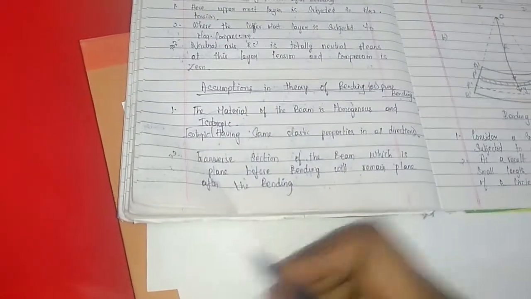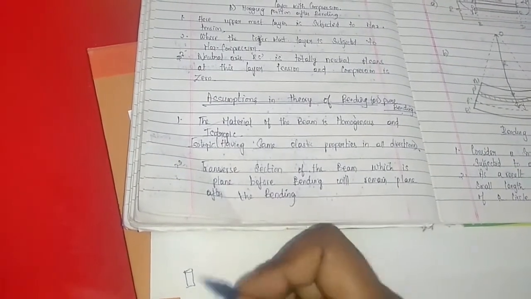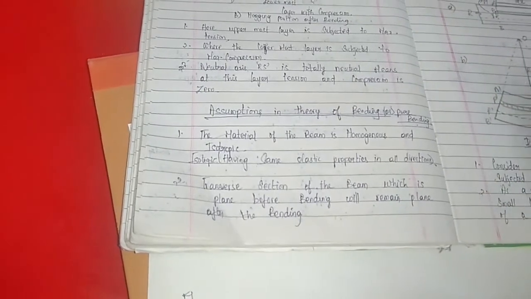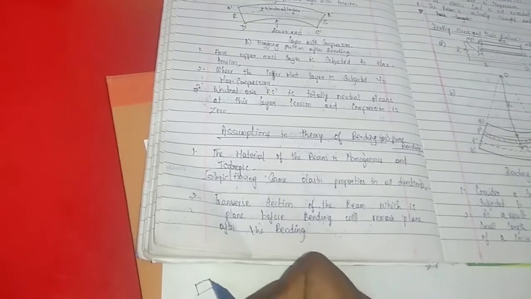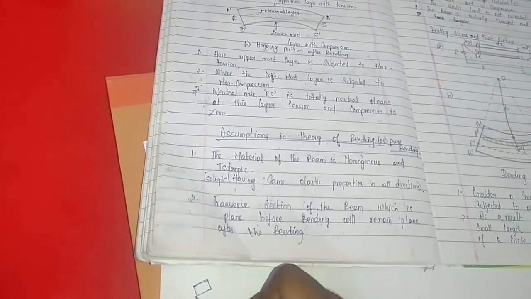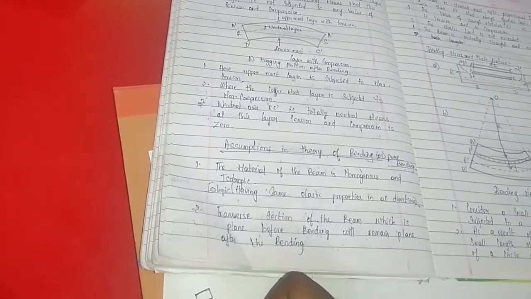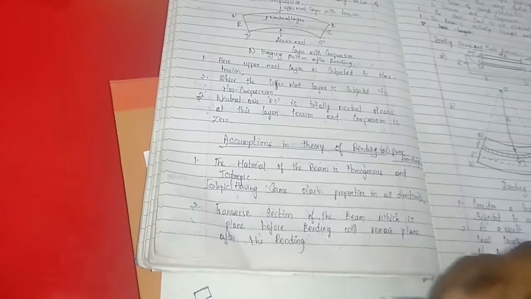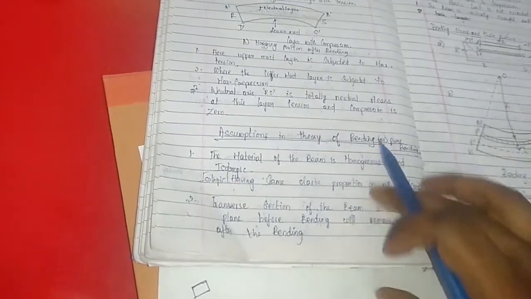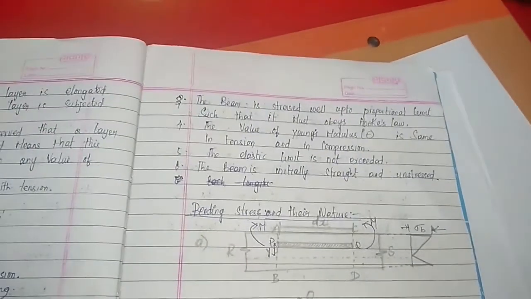While we are applying load on a beam, this transverse section is nothing but the breadth side of the section of the beam. Which is plane before bending, it's plane. Plane means having no ups and downs in it. It is a plane surface. It is plane after bending also. If it is bent in a hogging or sagging type, after bending also, if you see from the top view, it will remain plane only. There will be no change. That is the second assumption. Okay, the third assumption is the beam is stressed well up to the proportional limit.